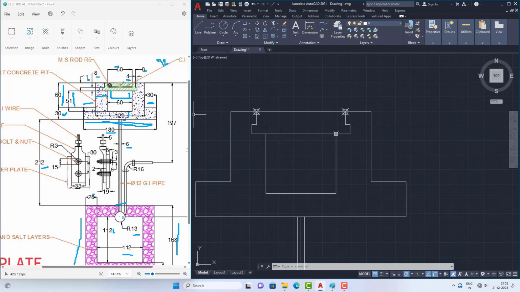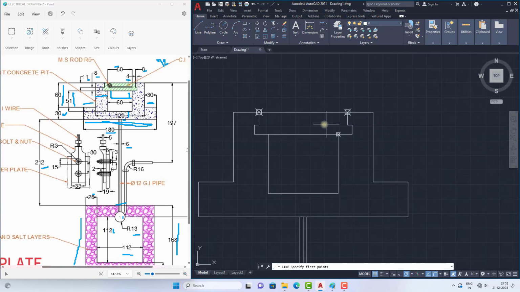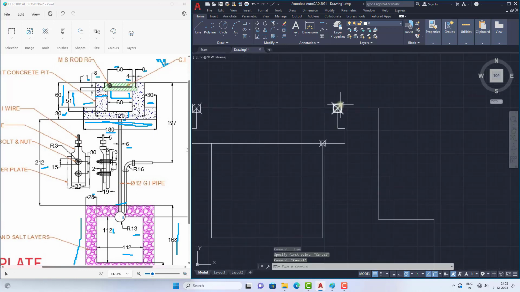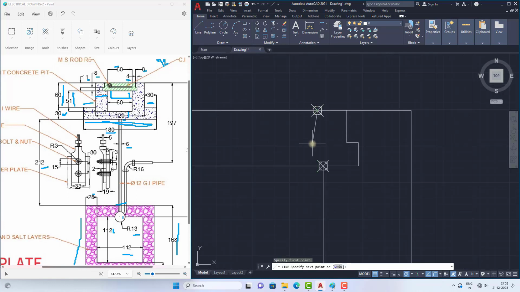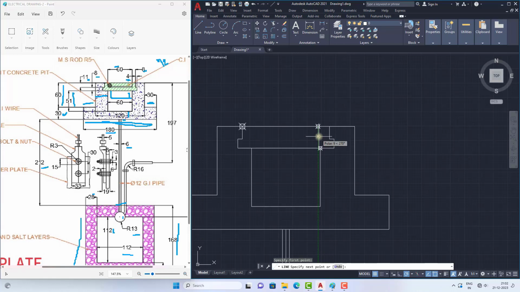So there is a line and there is a circle over here. So for that I am drawing at a distance of, from here to here there is a distance. So now I need to move this point first. So select this point and the move command. Select this as the base point and move this some distance of 10. Select the line command and from this, to a distance of 5, press enter. So draw a line to the half of this,